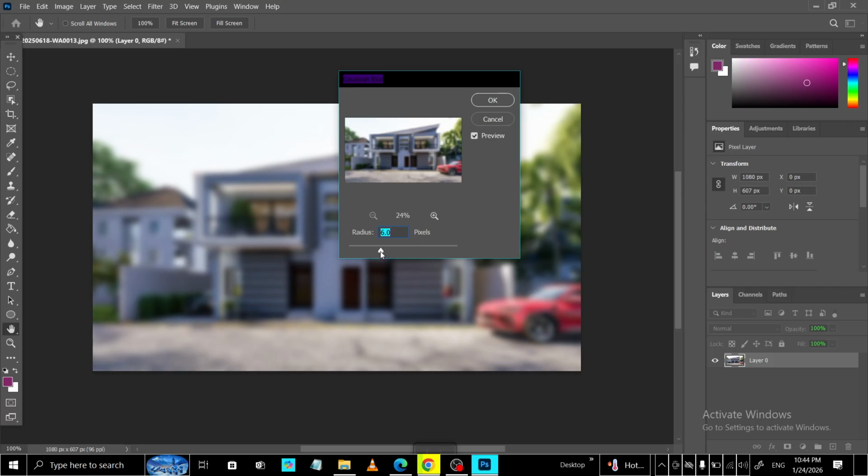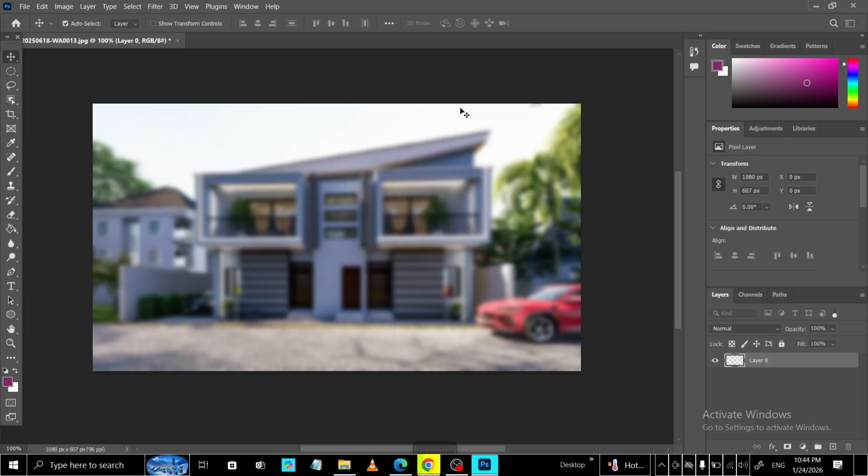Once you're happy with the preview, click OK to apply the blur to your image. The effect will be rendered instantly. If you decide it's too strong or too subtle after you see it on the canvas, don't worry, you can quickly undo and reopen the filter to try a different setting. That experimentation is part of the process, and a few quick passes will help